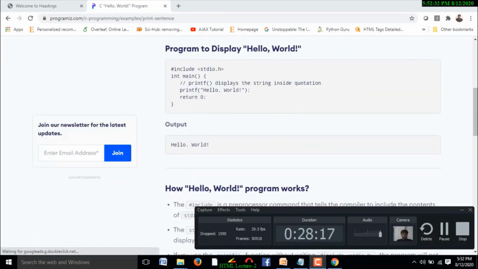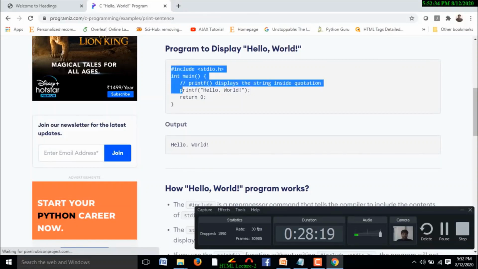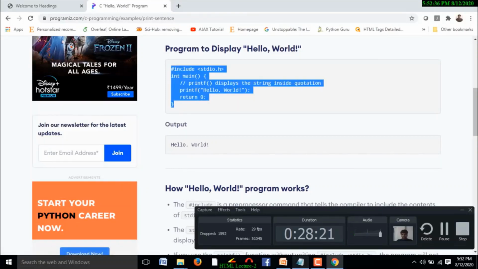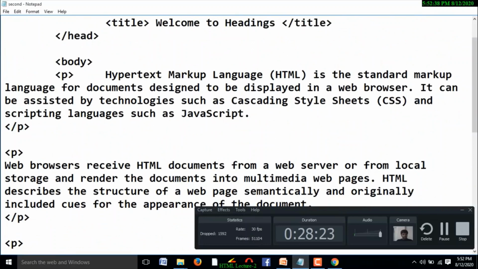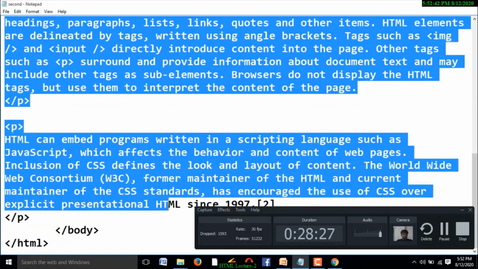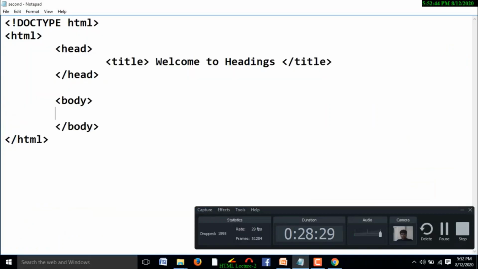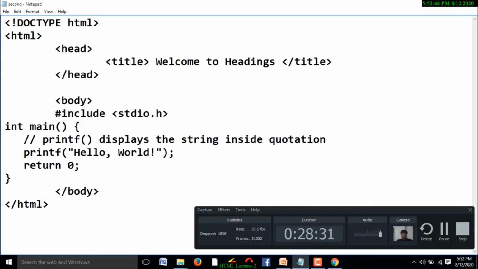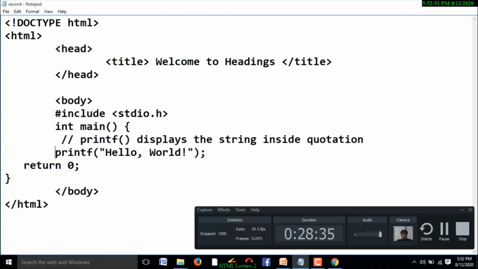Yes, I am going to copy this code. See, if I execute this file, how the output is appearing on the web page, how the web page is appearing.